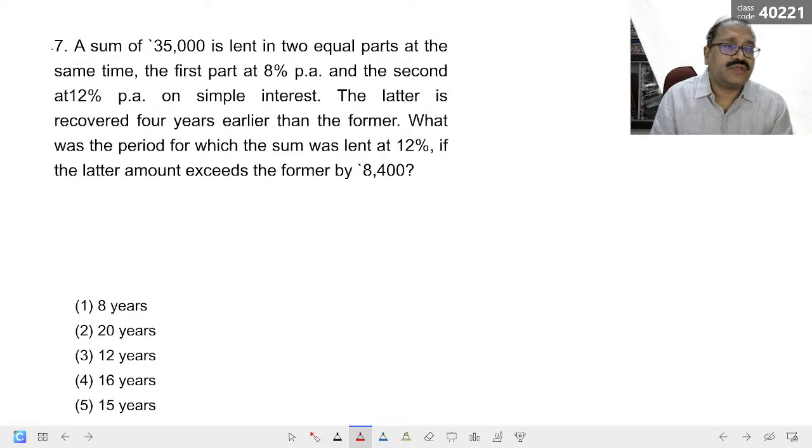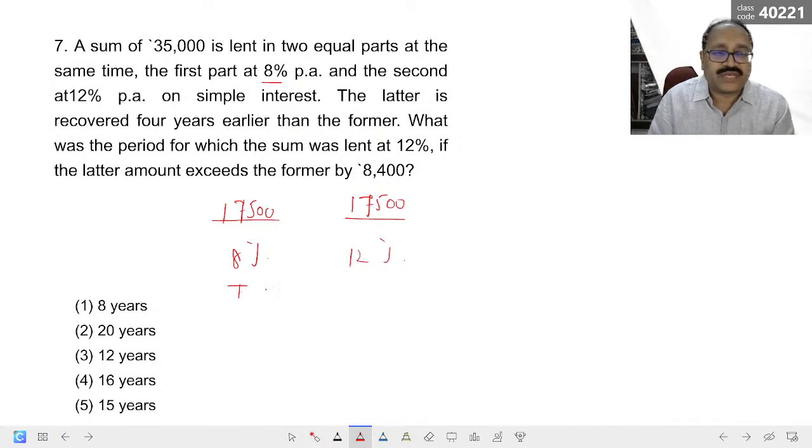So we have gone through the question saying that a sum of rupees 35,000 is equally distributed in two equal parts. That means the first one is 17,500. The second one is also 17,500. Now one is at 8% per annum, and this is 12% per annum. If this time is t, this time is t minus 4. Okay, the interest of this is